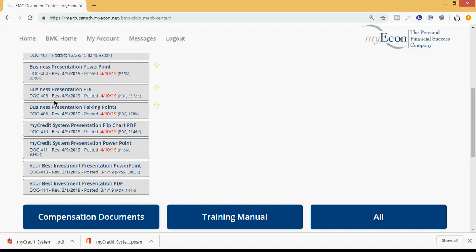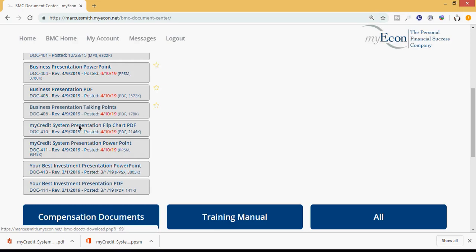As you can see, you got the business presentation PowerPoint, you got the business presentation PDF. Those are just different formats of the same presentation. And you got the business presentation talking points. So a lot of people just went over this recently just to realize, wow, I don't have to be the expert. I just need to understand how to read the talking points. And then if you're doing a public presentation, you'll just get better at breezing through the slides